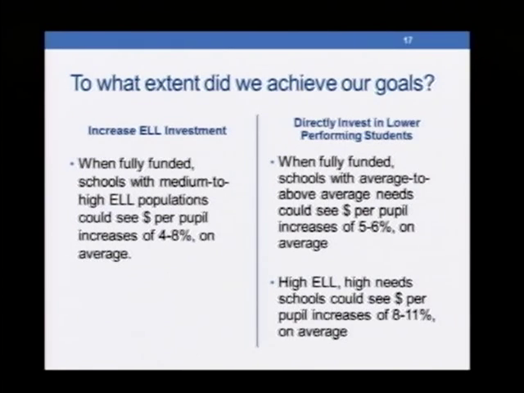Also, when fully funded, schools with average to above average needs, whether that means they're high poverty or low proficiency, could receive 5 to 6% increases. And I'll also highlight that high EL schools who are also high needs, meaning they're either high EL and high free and reduced lunch, or high EL and low proficiency, could see 8 to 11% increases in per pupil funding, which could be a pretty significant increase in those schools and could enable some very interesting designs about serving